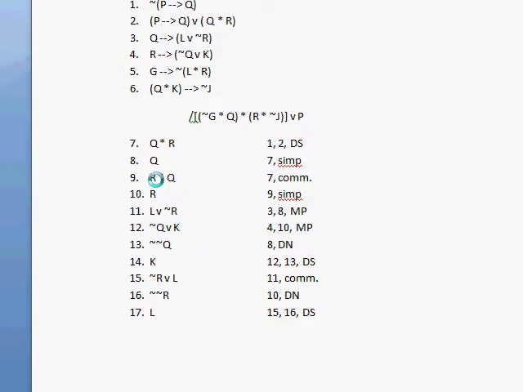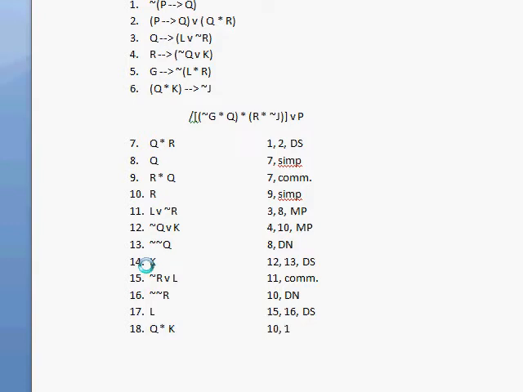So let's see what I can do. I see that I have Q and K right here. So I need to add those together. A quick rule about conjunction: the way I do it, I usually start with the top and then move to the bottom. But you can do it either way. So I can do Q and K or K and Q. It doesn't matter which one's higher. But I usually just start with the higher one on the left and the lower one on the right. So it's a convention I'm going to be using. So Q and K through